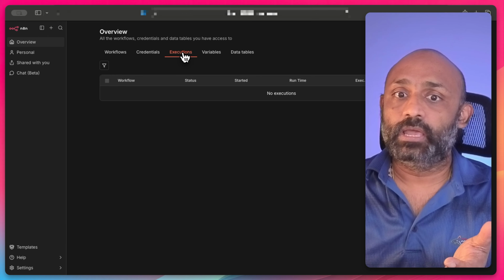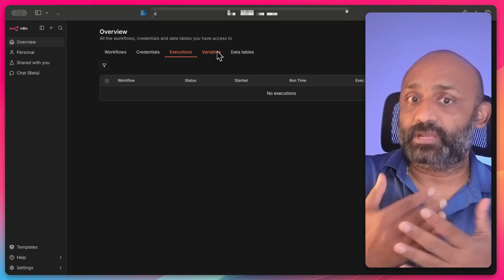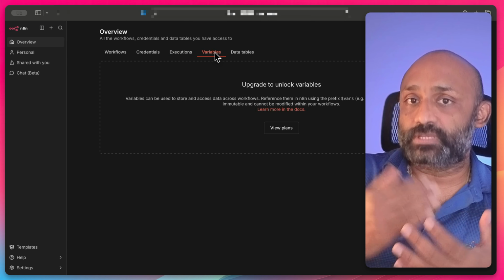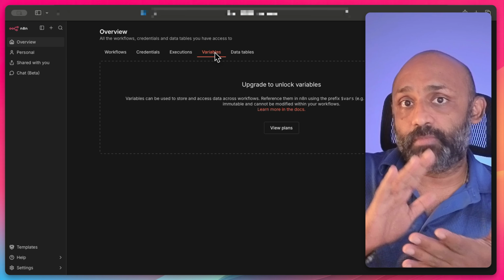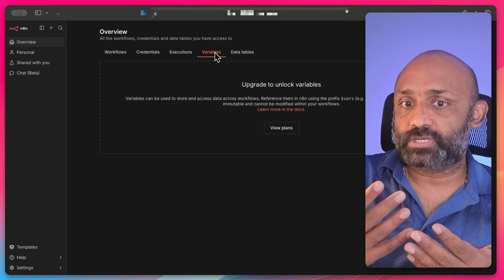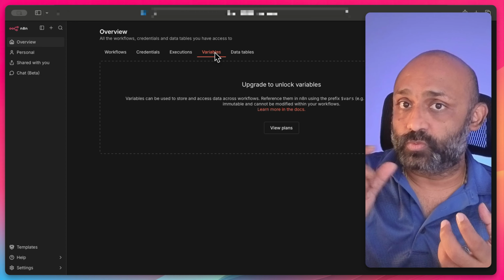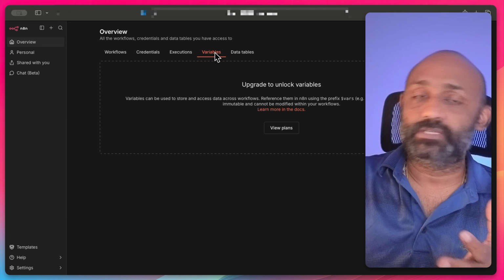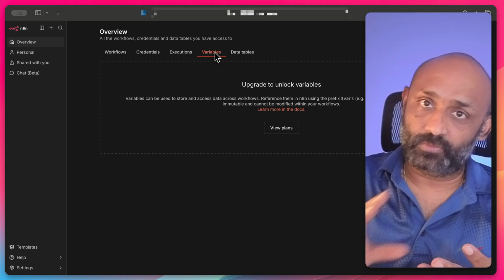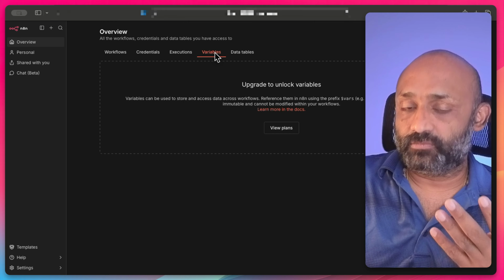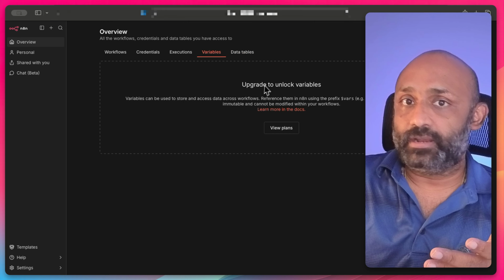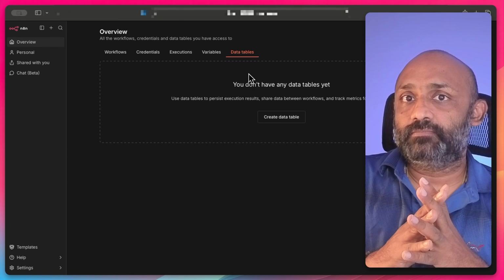And the variables, this is a kind of enterprise feature. If you self-host it or use the basic plan, it doesn't have variables, but if you take the enterprise version, then you will get to use variables, which we can define and then use across different workflows if needed. That is variables. And then this one is something pretty new, and this is called data table, which is like a simple SQL table,